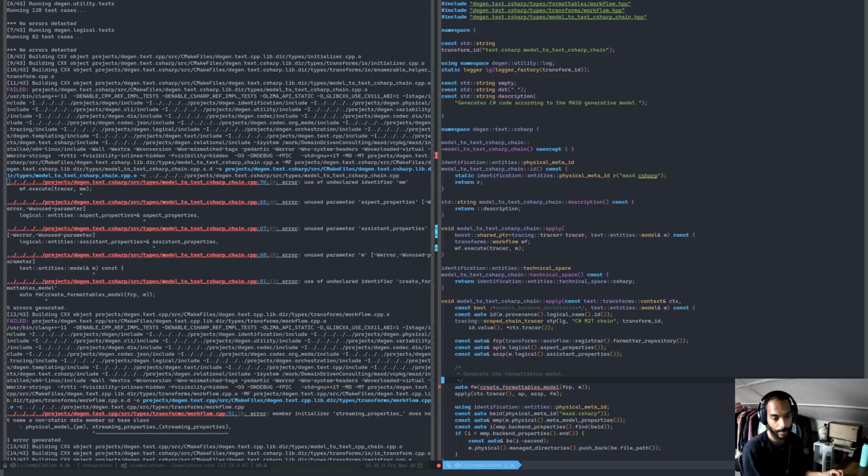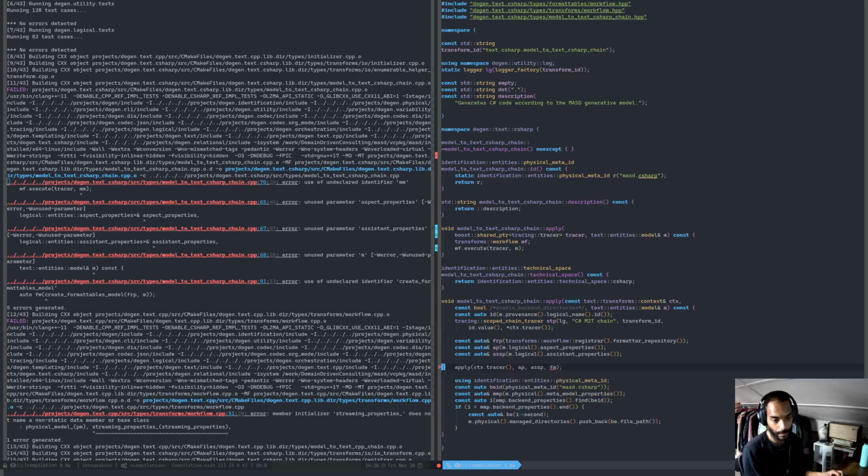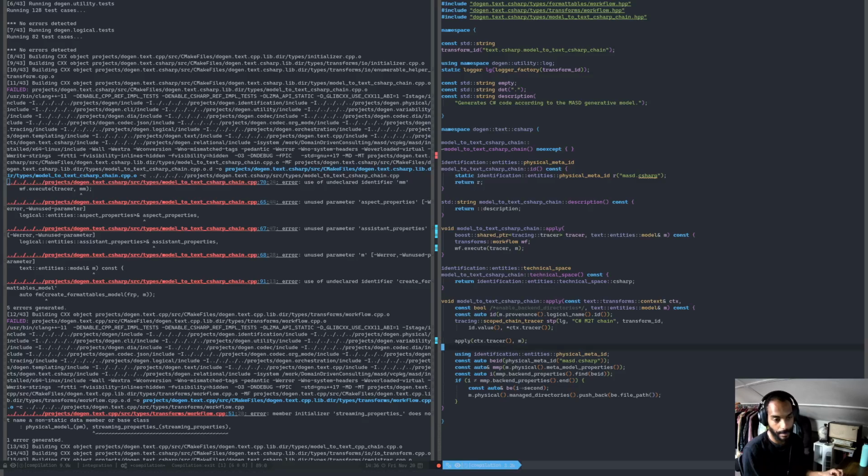You can imagine we probably don't require a method just to call a function, but there you are. Now we don't need aspect properties in Formatables repository. So what do we do? We just applied, then after applying